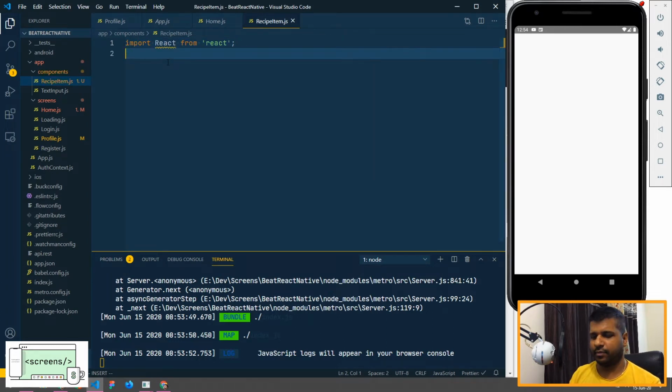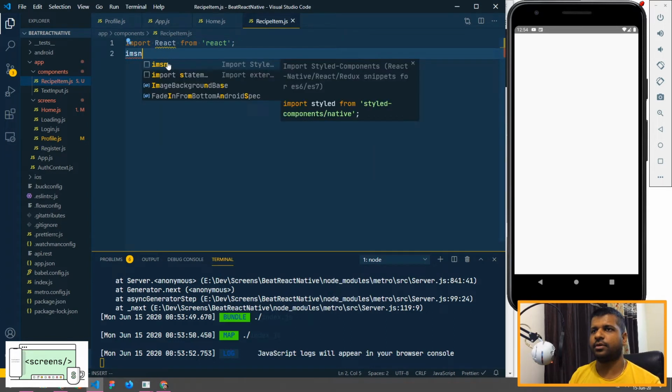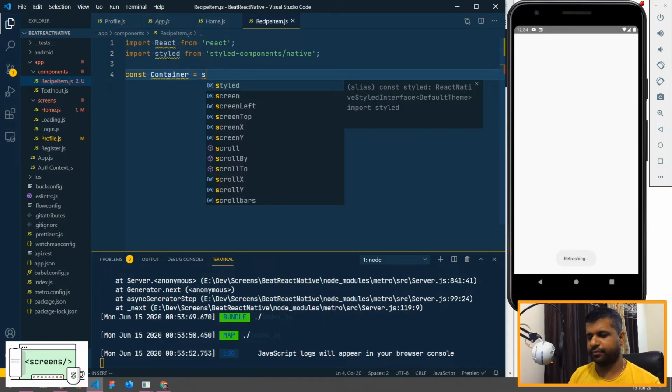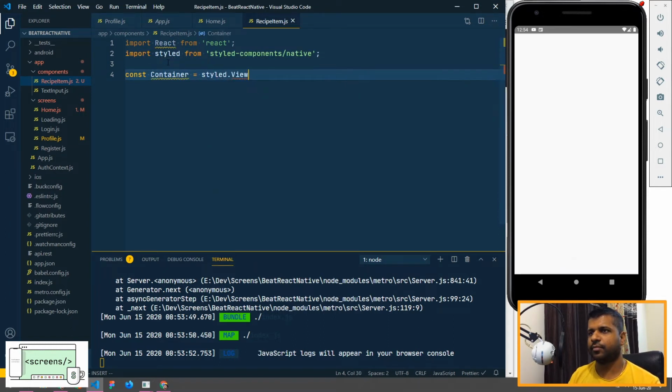So we need to import React Native, also put the component, then I'll have a container, and let's have a text.